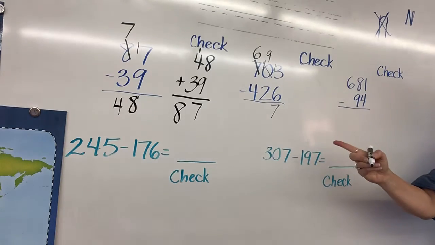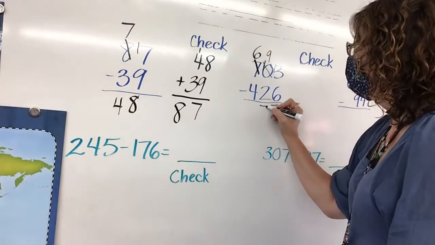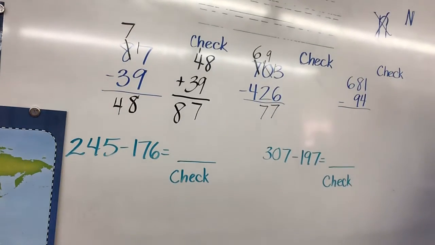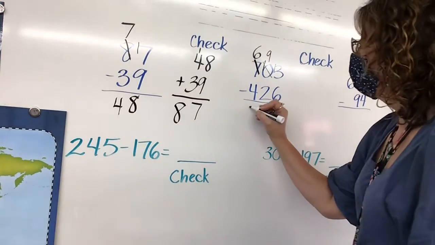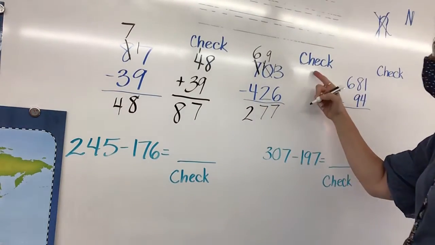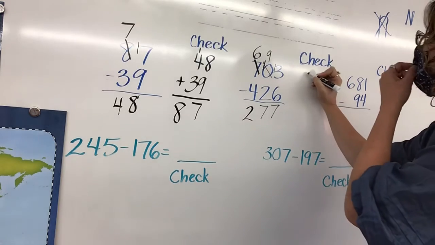9 minus the 2? 7. 7 again. And 6 minus the 4? 2. Alright, that is our difference. So we're going to start with the difference when we check it. So we're going to put